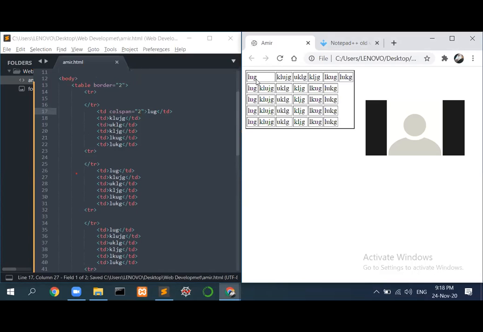you see this particular column has got the space of 2 columns and not 1. So if I wanted to give this the space of 2 rows, the second one over here, I'll write, instead of colspan, I'll write rowspan equal to 2. And if I save this, rowspan,